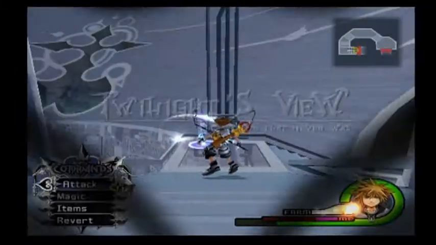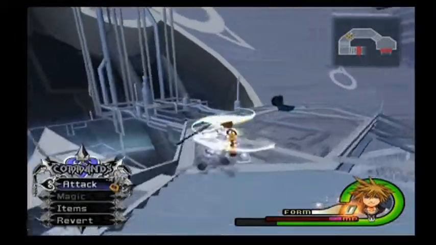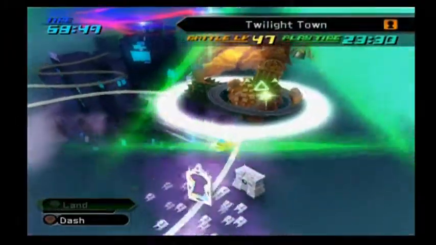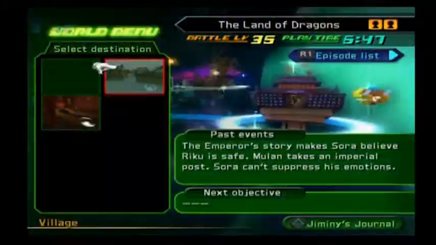Okay, so the last one is, of course, Master Form. The place to level up Master Form hasn't changed, but the way you can do it actually has. What you want to do is first of all leave The World That Never Was, and then go over here, and we're going to go back to the Land of Dragons. There's a reason why. Something I found that I could have done would have made my life a lot easier